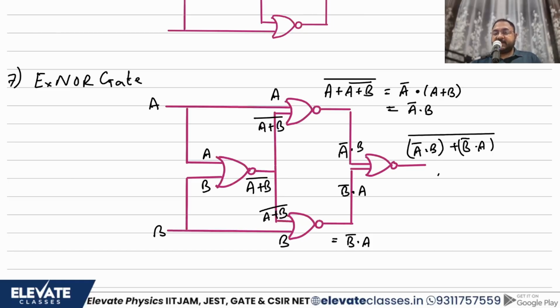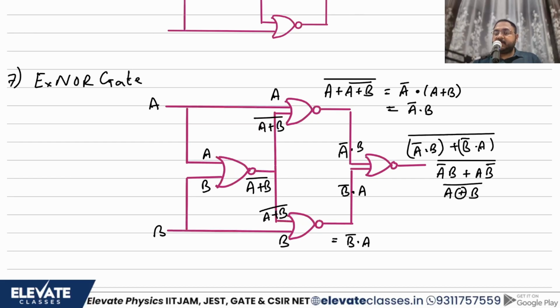If I just write it this way, I take away the brackets and I write it this way, (A bar B plus A B bar) whole complement. I have basically not solved anything. I have just rewritten it so that you can see a form. What is this under the complement operator? This is nothing but XOR. So I can write this as (A XOR B) complement.